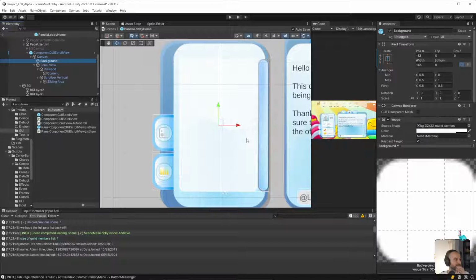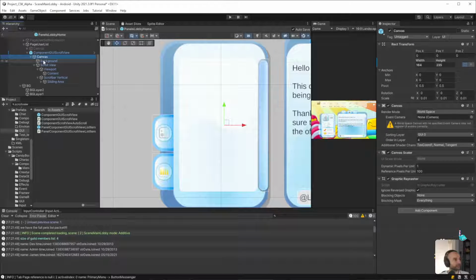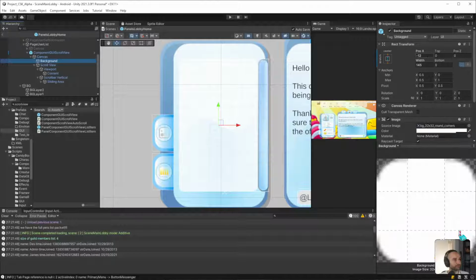Oh, that's what it is. It's centered on the background. Right. Okay, that's my bad. It's centered on the background. That's what it is. Okay, so what we need to do is center the whole thing.